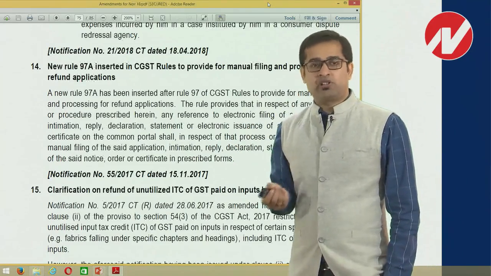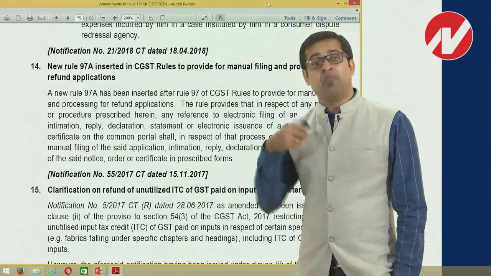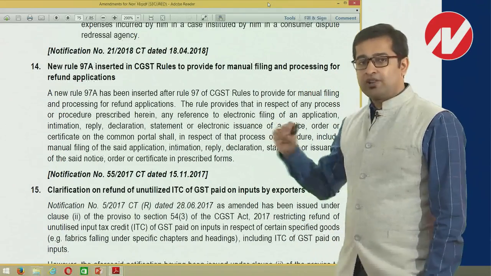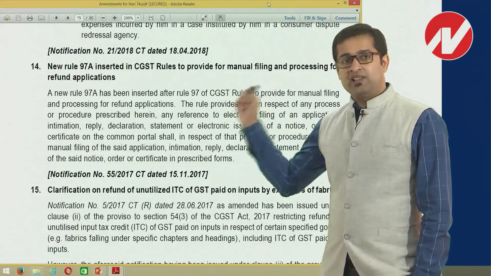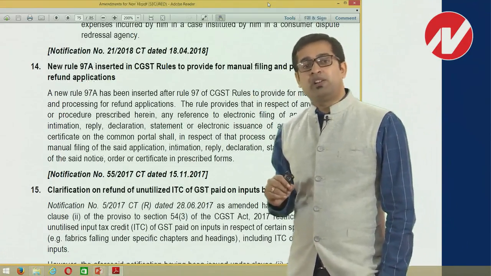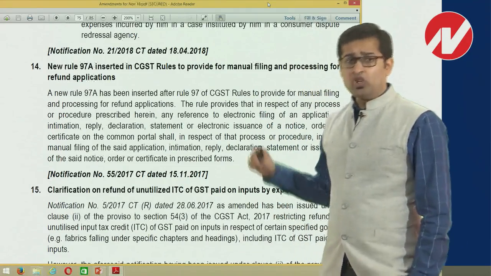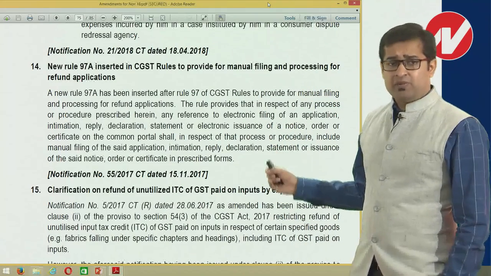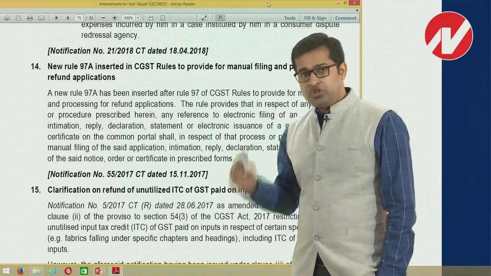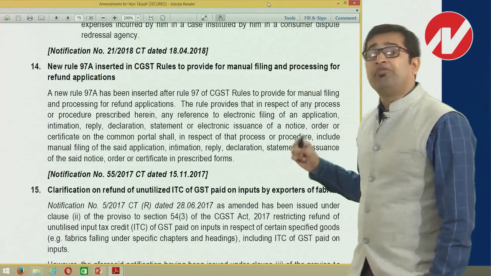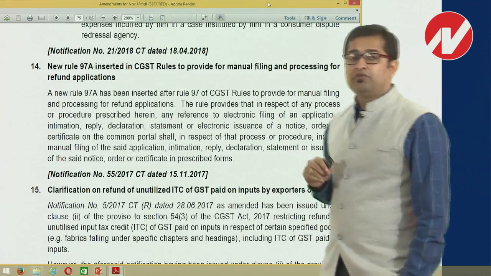So if a notice is served and you can give even a reply in manual format in writing, that's okay, that is acceptable. So manual filing has been allowed. Basically that's the change which has been brought by Rule 97A. And one of the last points that has been brought as a clarification under the refund chapter is with regard to the fabric industry. Now technically